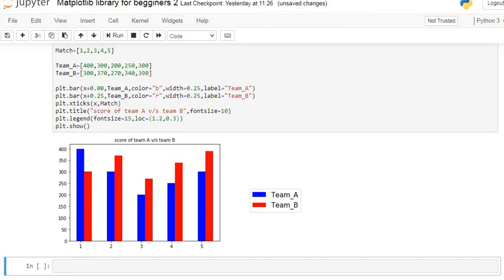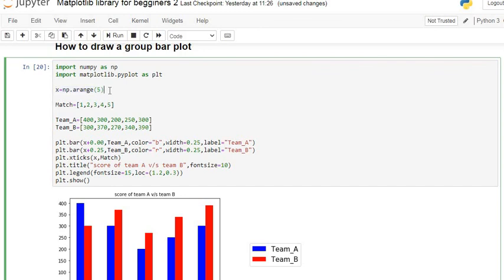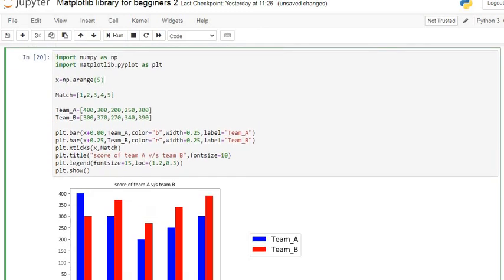So you can use this code to make a group bar plot. You just have to specify an array to specify the location of that particular bar plot on the x-axis.